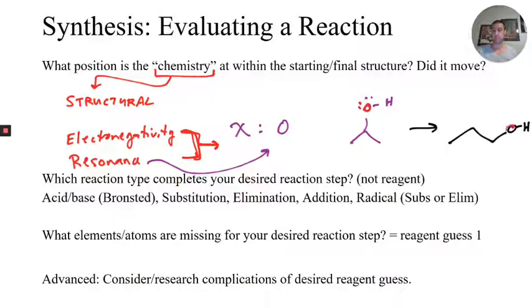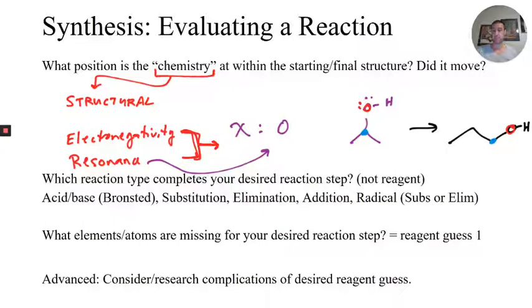Well, again, the chemistry is associated with that oxygen, but the secondary effects of the electronegativity, we're looking at the chemistry of how it's connected to the carbon has changed. Okay, instead of it being a secondary carbon, it's a primary carbon. So the chemistry has indeed moved. If we can acknowledge that, we get, number one, an idea of what reagents we might be needing to use